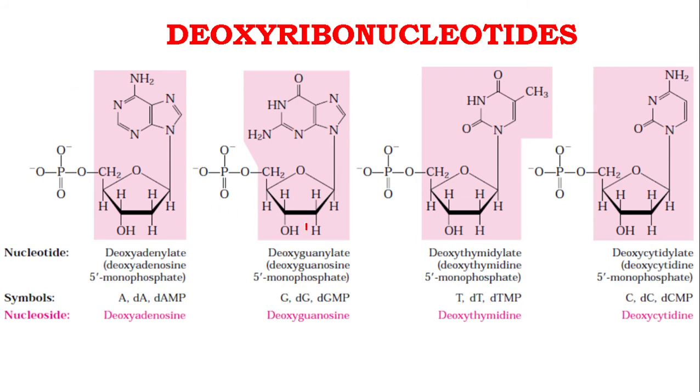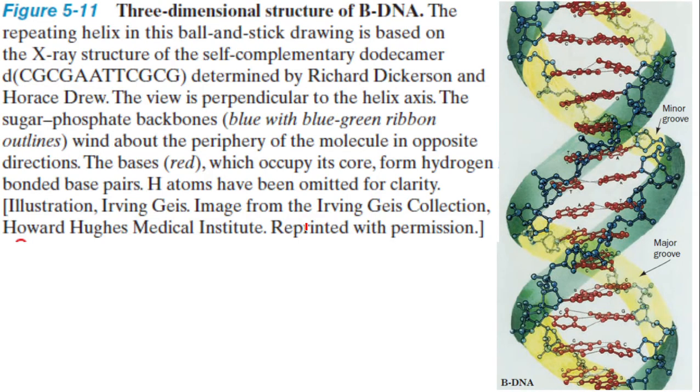Okay. Coming to the deoxyribonucleotides, you know their names very well by now. There are 4 types in nature. This is actually a segment of DNA. You know that the DNA molecules are double-stranded. When they are coiling around each other, a larger groove is formed here. This is a major groove, while opposite to a major groove, there is a small groove. We call it a minor groove. So there are major grooves and minor grooves, and they are always opposite to each other.